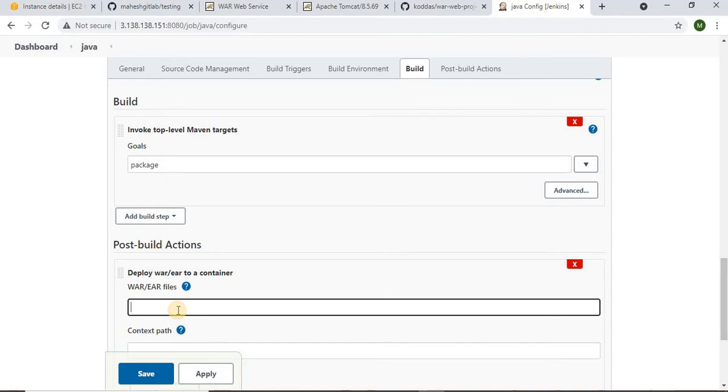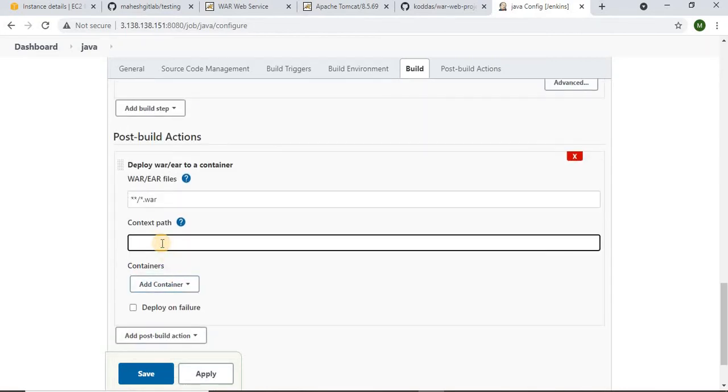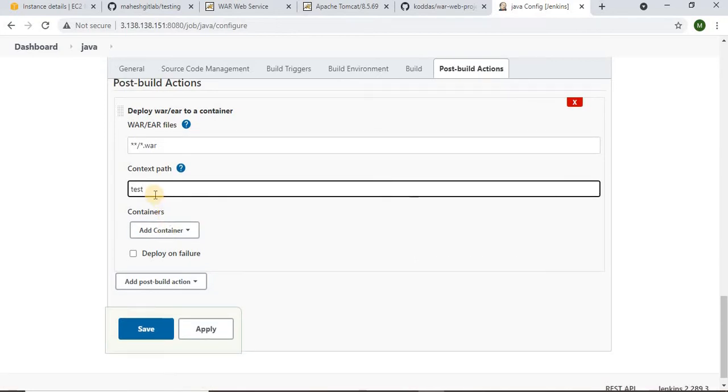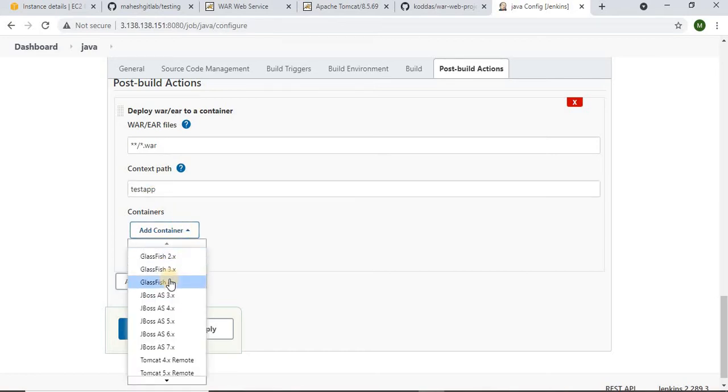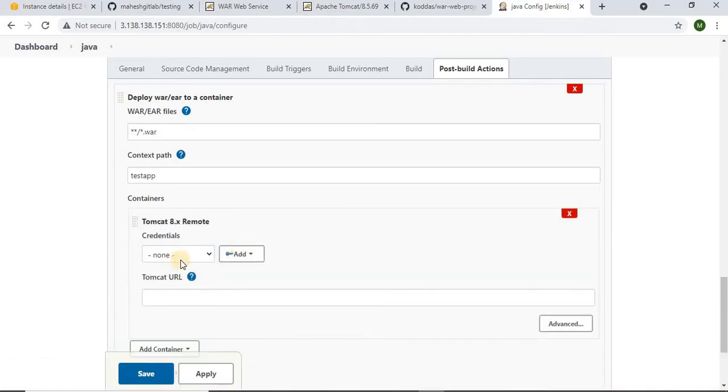container. Okay, so here we are giving **/*.war as the file, and for the context, let us have test. Okay, I think test is already in use, let us give test1, or let us give testapp. So we need to add a container for this. Okay, Tomcat 8.